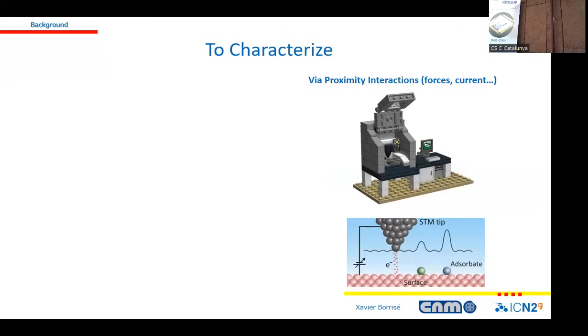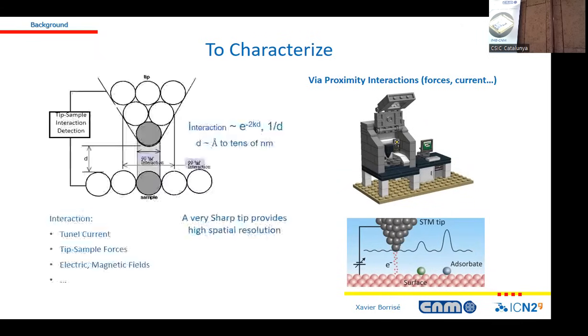If we use proximity interactions, then it's a different approach. In that case, we are going to approach a very sharp tip very close to the sample. The idea is that if we use a kind of interaction that is local, that is exponentially decaying, then if we have a very sharp tip, most of the interaction takes place at the tip of the tip. So as we see here,